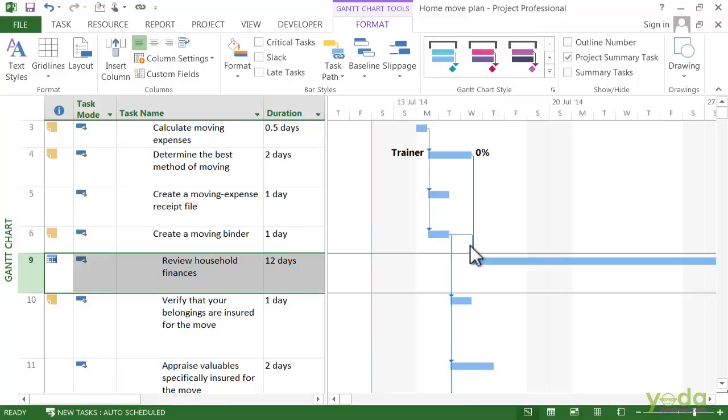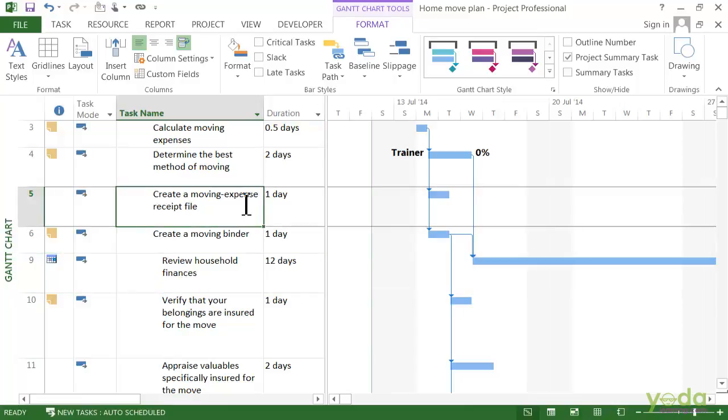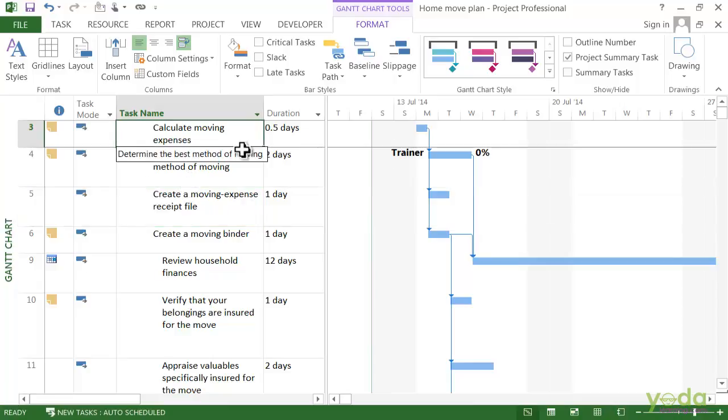Well, we are going to look at the design office space task. We are going to look at the moving office task, and we want to see which tasks are the predecessors and the successors, but we really want to see what's controlling when this task occurs,